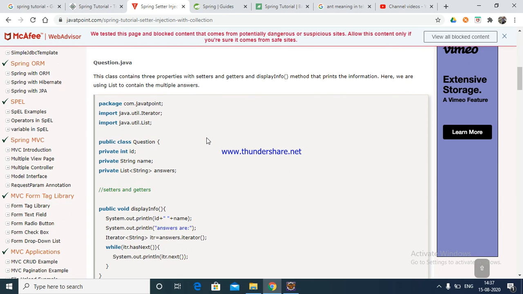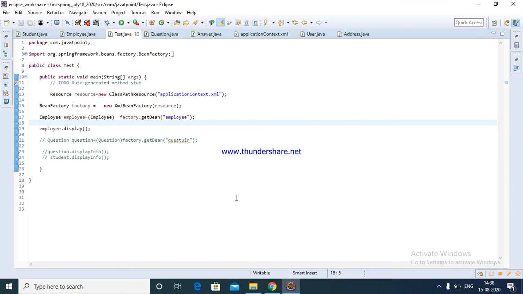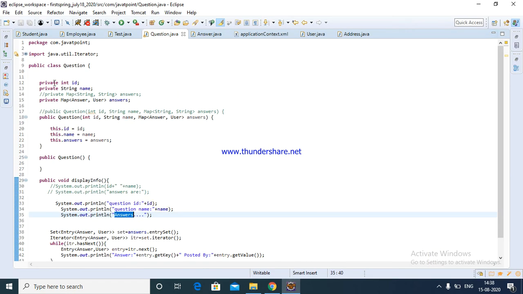First, what class? Here we are using list. First we are going to explain the list class. We are going to create a Question class with int ID, String name, and answers. Same way I am also going to create the same; the Question class is already there. See here, map is there. Okay, what I am going to do first, I am going to